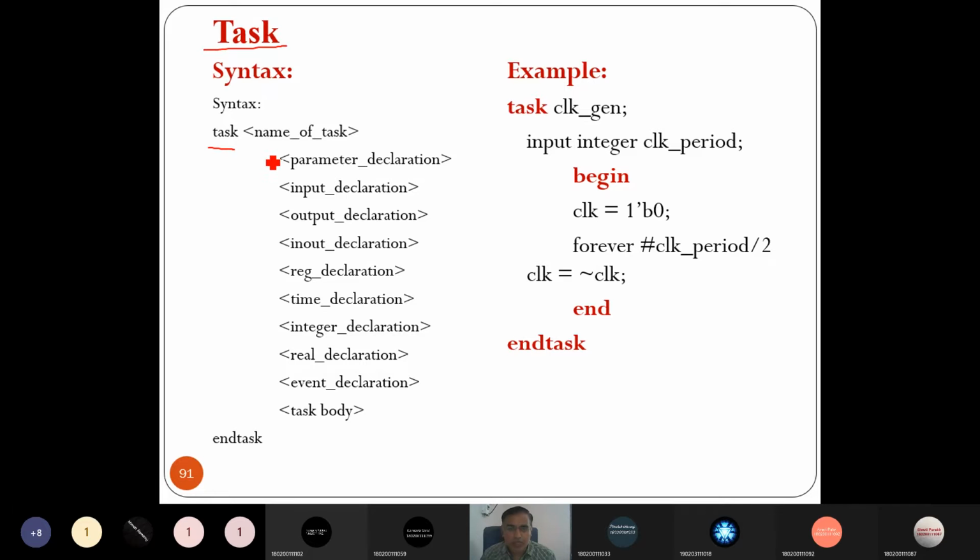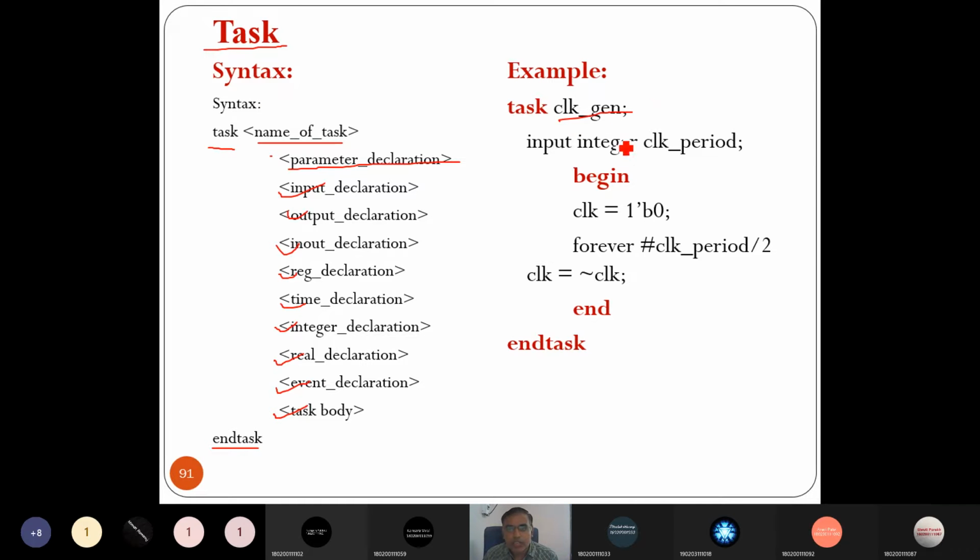It is a reserved keyword like module or assign. After it, we have to specify the name of the task. A task may have inside it parameter declarations, input, output, inout, reg, time, integer, real, event, and any task body. So the task body may have anything, whatever we can write in a module, we can write inside the task, and it ends with endtask. There is no return value to the main program.